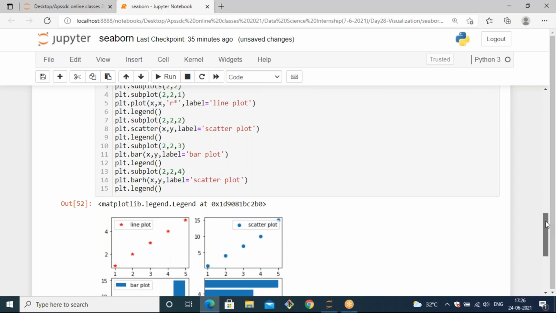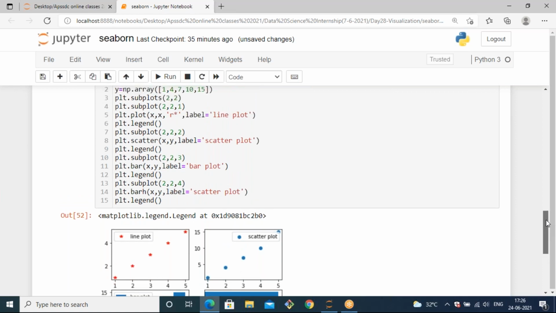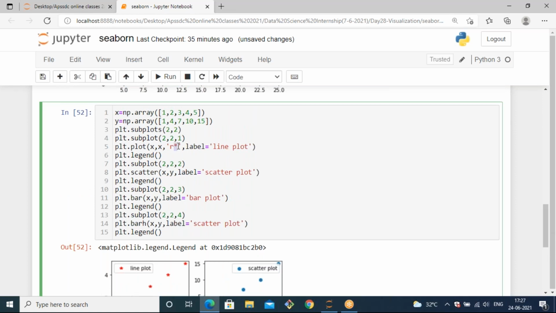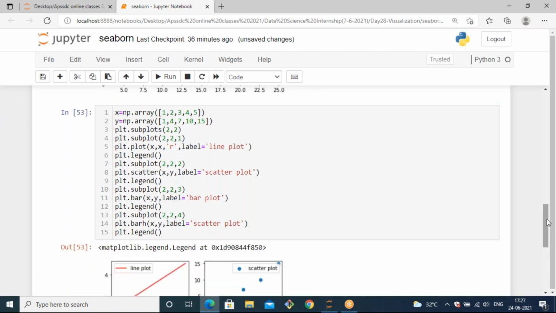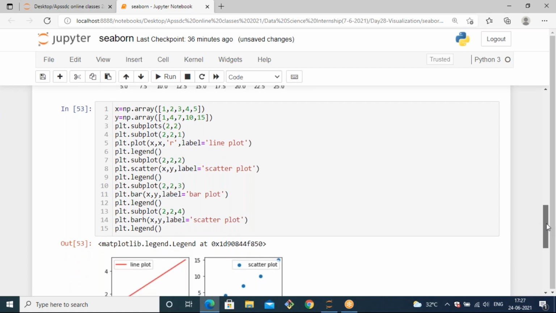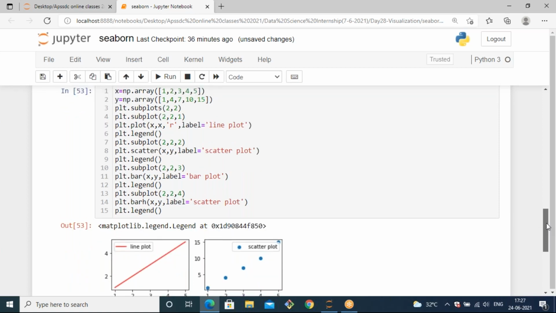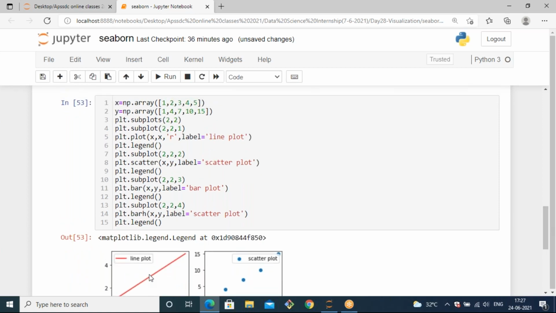See, in the line plot we are passing the marker as star. So with respect to that star, it will generate the line. If you don't mention this star, you can see the shape of the line. By default, if you don't mention any marker, it will generate the plot as lines only.